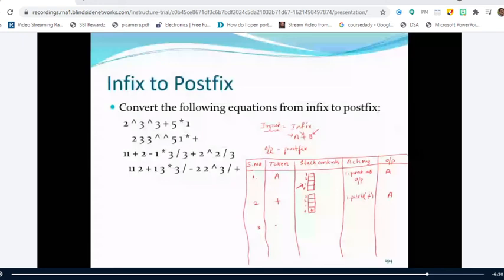What is the token you have read here? B, which is nothing but an operand. So let me draw the stack contents as it is. When you come across an operand, do you need to change any contents of the stack? No, sir. So the stack stays as plus. And what do you have to do here? Just print as output. So I get it as A B. Is it right or not?